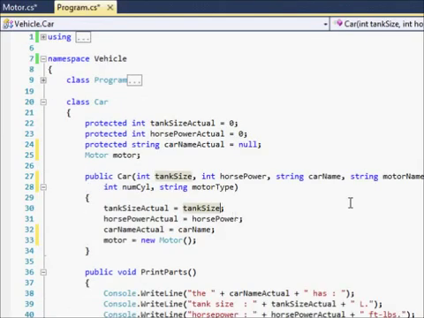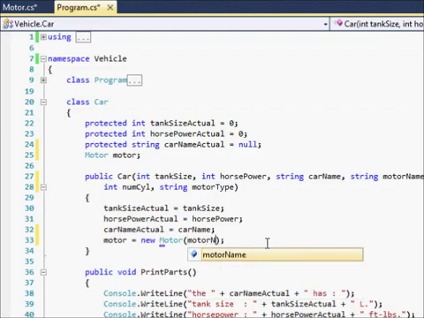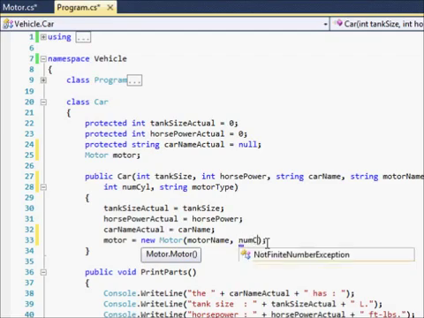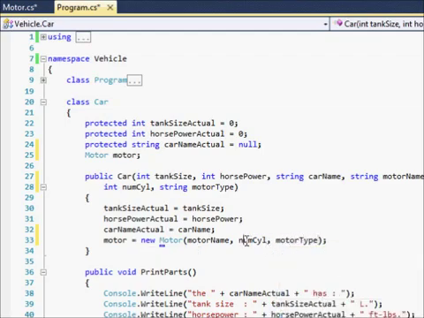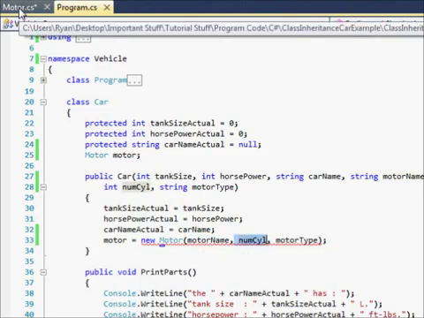Let me go ahead and put some of these parameters in. Motor, and then we're gonna send in motor name, num cylinders for number of cylinders, and motor type. And what this is going to do when I finish that constructor method is call the constructor method like we've already done in the past tutorials, and then set motor name, send the motor name over, then the number of cylinders, and the motor type. So we need to make sure we do this in the correct order,